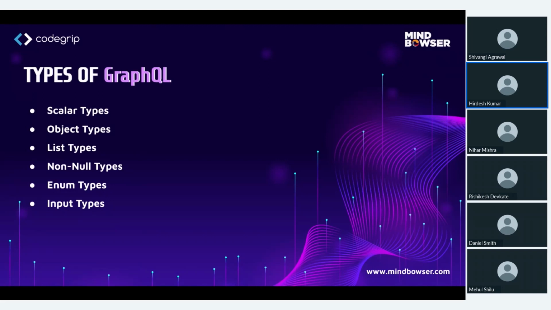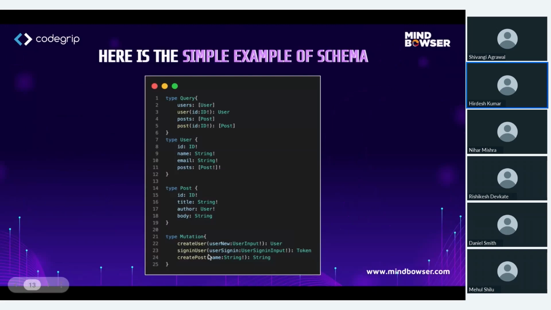Like mostly in the mutations. So let's say we talk about this mutation, create user mutation. Here we have to pass some data to create a user. If we take a simple example, we have to at least pass the name and email of the user to create a particular user in the database. So to pass those arguments,